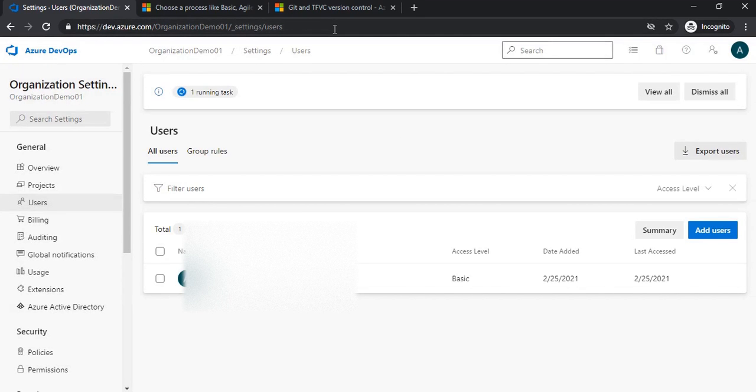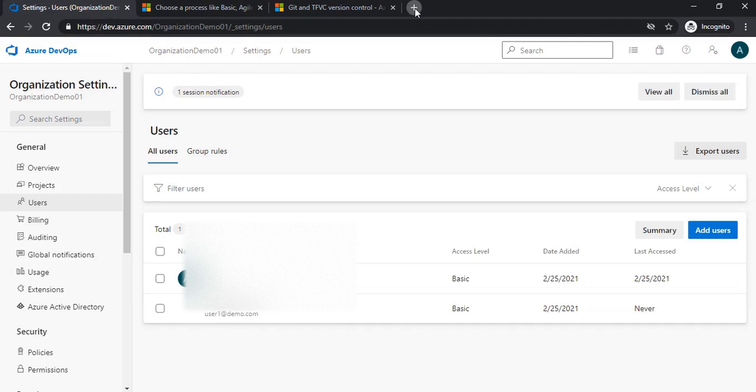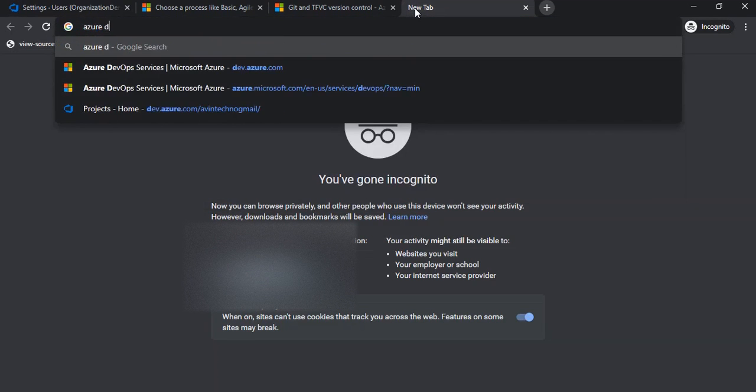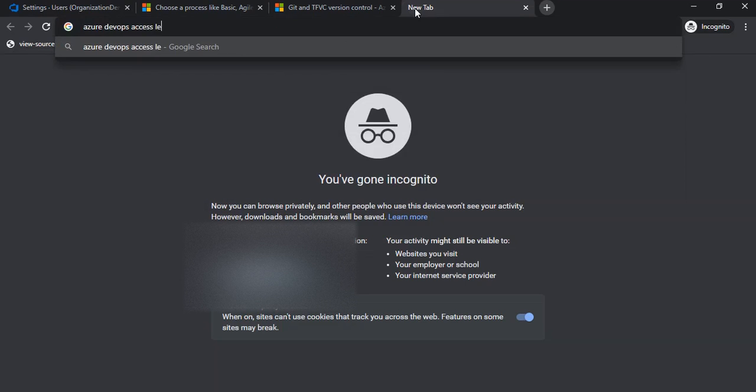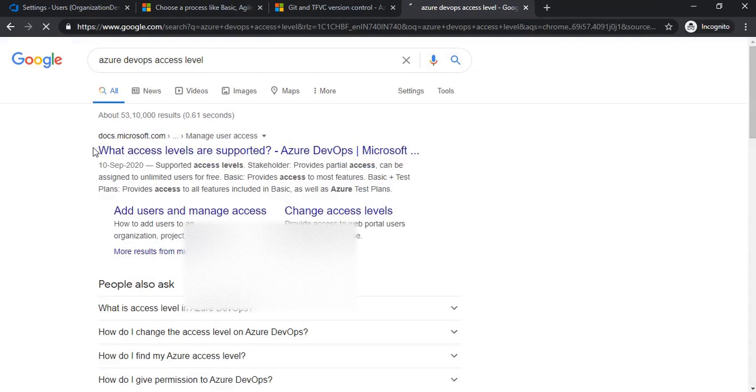If you want to get a more detailed answer, just go to Google and search for Azure DevOps access level. You will get the first link. Just click on this and you will know the difference,